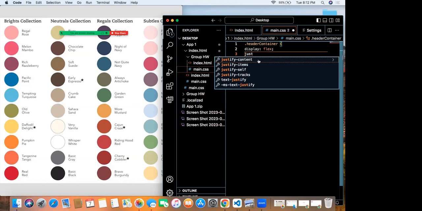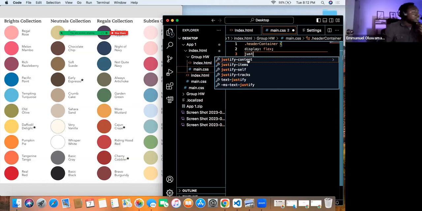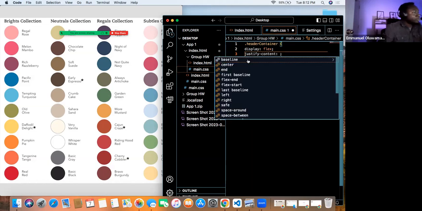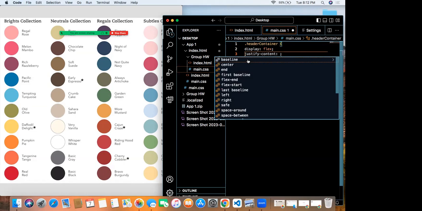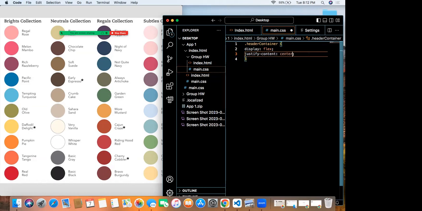It's justify content, right? I'm not sure. That's what I'm trying to say. I would like to see it in your Chrome, and then we can tell what we need to do to make it better. You can add the center, then save it and look at the web page so we can see how it's looking now.